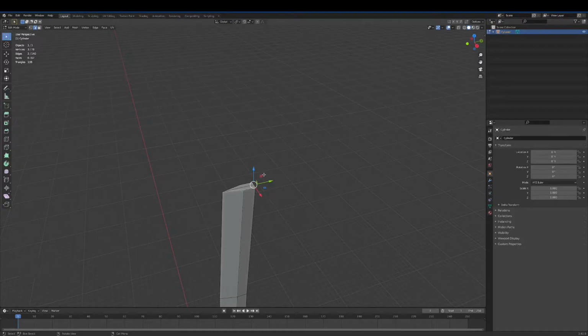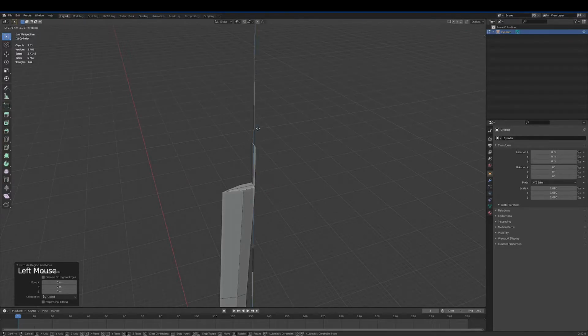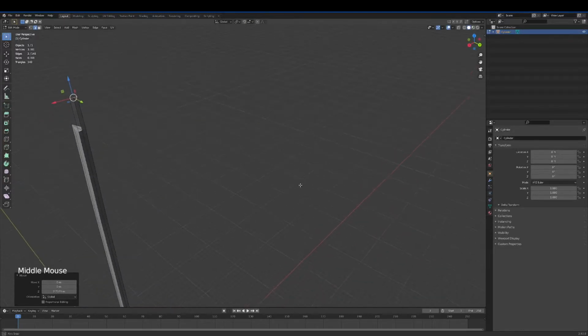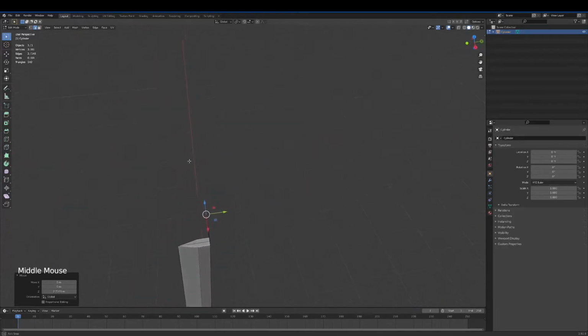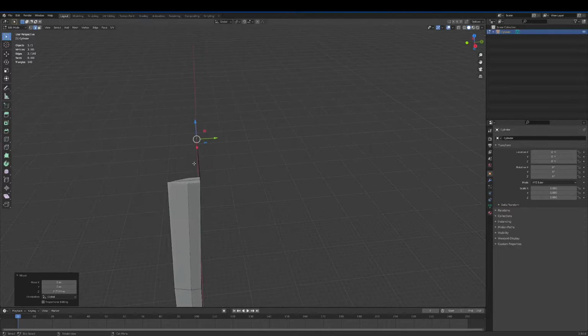By the way, I press Ctrl Z to undo the last step. Okay, here to extrude, I'll press right click to put it back into this position. I move it up, and now it's not going everywhere. Looks a bit like this face is inverted. We're gonna fix it afterwards. Okay,